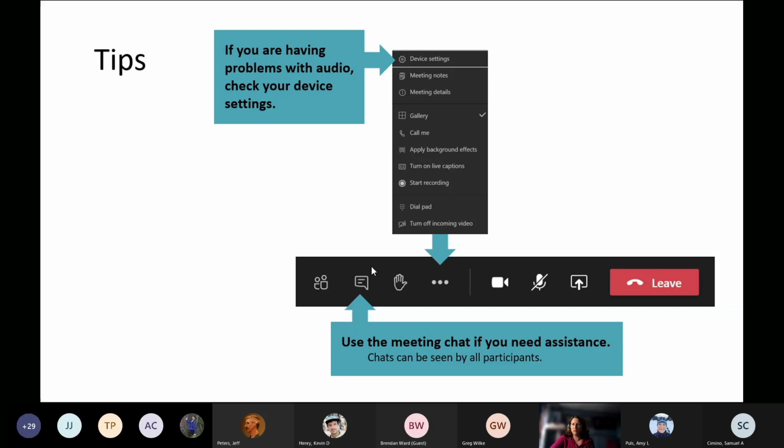This is the chat icon on the toolbar. Take note of this one because we'll be using this one throughout the webinar. And you can send us a chat, and one of the PNAMP staff will talk with you to try and resolve the issue that you're experiencing with MS Teams.